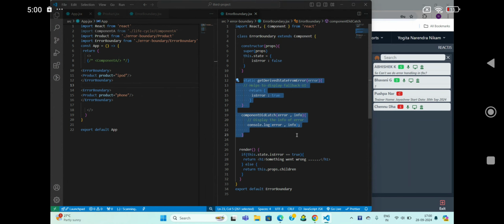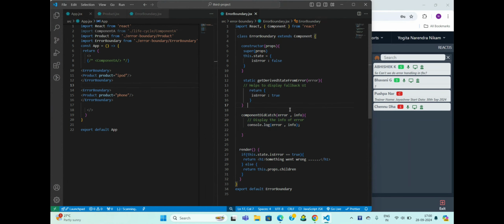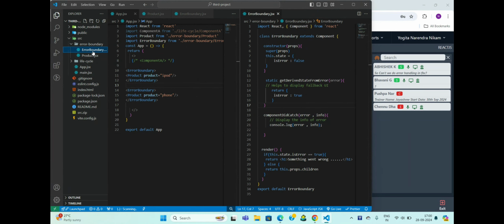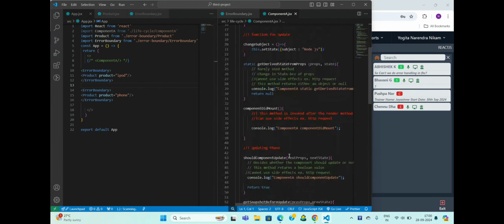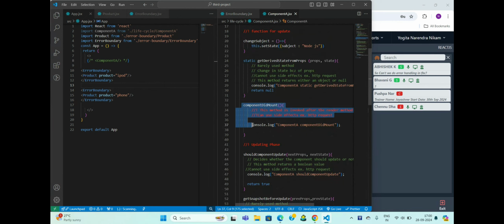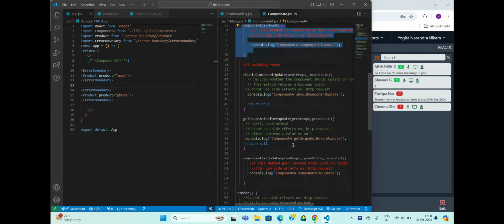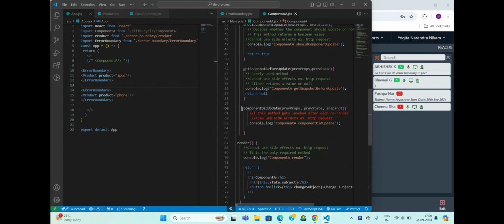Okay, and one more thing, like Bhavani said, that we cannot use this. Okay, fine, but if you remember, I told you that there are two life cycle methods which we cannot use in functional based: componentDidMount and componentDidUpdate.